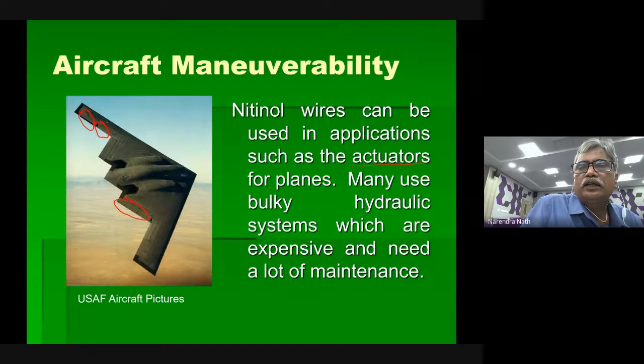Here they are using actuators. Earlier they used a hydraulic mechanism. Suppose you press the button, there is a hydraulic mechanism which will pull the wing to the required position. Now they replace that with simple actuators. These actuators are connected through your titanium nickel shape memory wire, and through heating or cooling it will pull and it will go back. So that way people are using it. You can just think of replacing the hydraulic system with this, how much weight reduction is taking place.